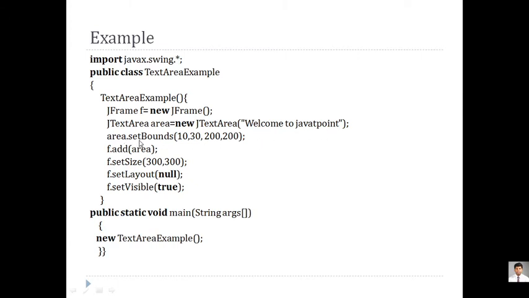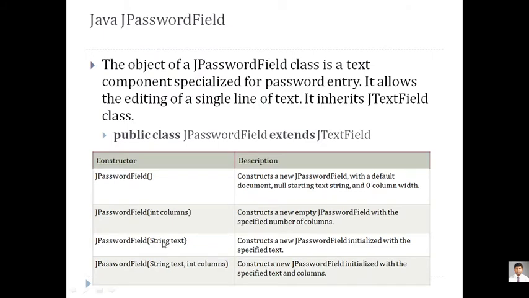Then I am setting the boundaries, because I want to display it at a specific location. So x coordinate, y coordinate, width and height. I am adding those components, setting a size, setting a layout, and setting it visible, which is a single line of code that we have to use. That's it. And we are running this by just creating the object of the class. So automatically the constructor will be called, and this part will get executed. We will see all this execution in the demonstration, and action listeners or event listeners will be implemented for the corresponding components in a future session.